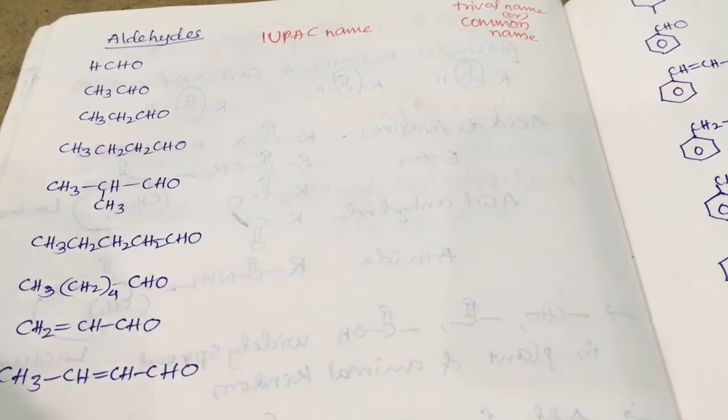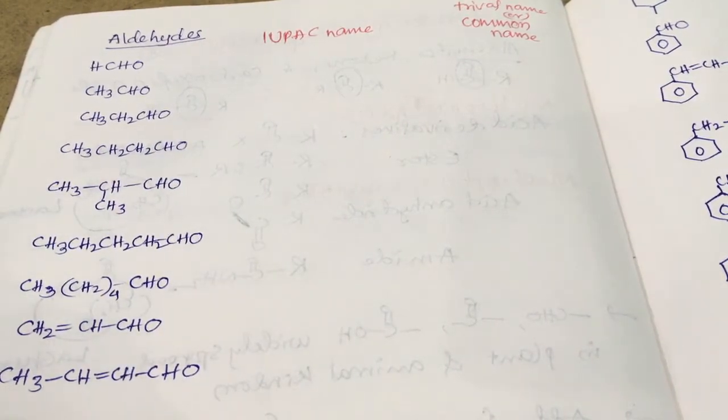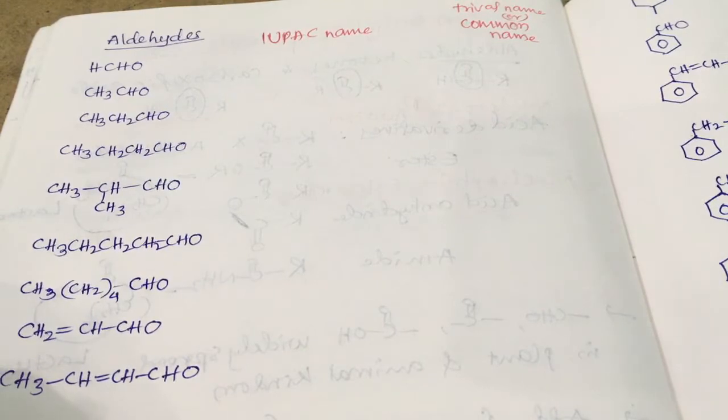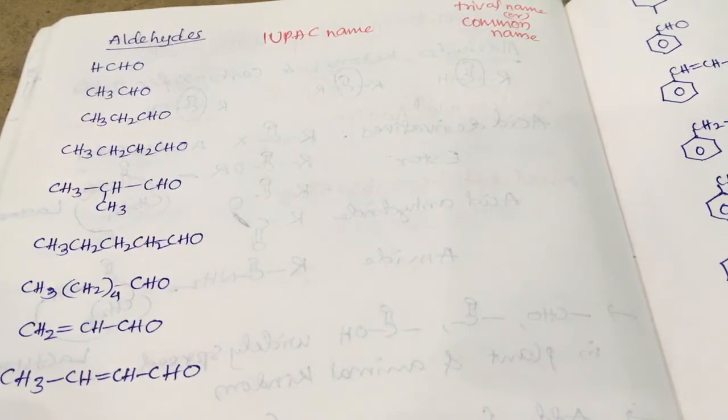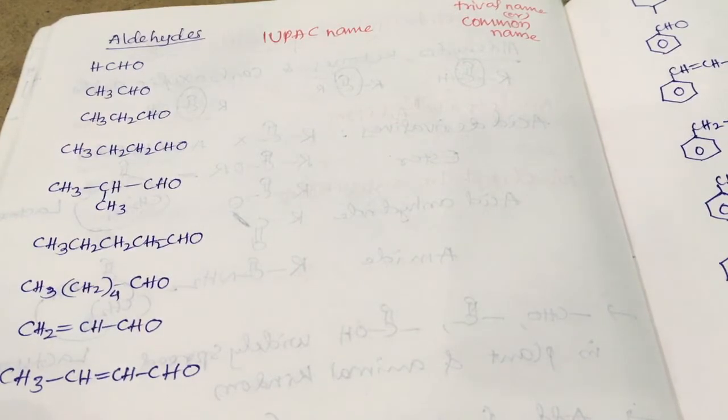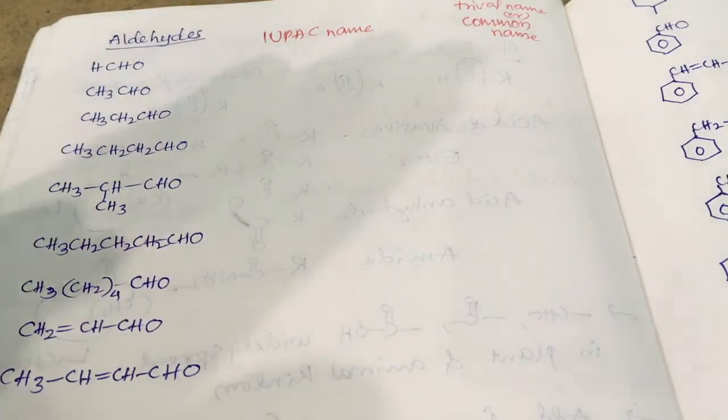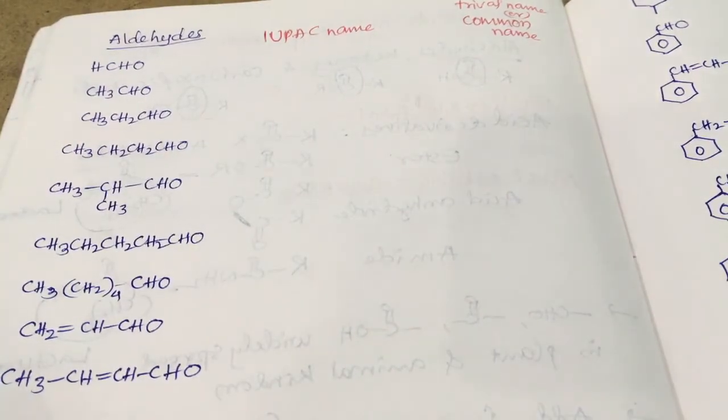Hi everyone, today I want to discuss the IUPAC and common nomenclature of aldehydes. First, we should know what the rules generally required to give the IUPAC name are. Already in the last class I gave that aldehyde is alkane plus al, that is, E removed, alkanal. The remaining ketones and carboxylic acids I will discuss in the next topic.